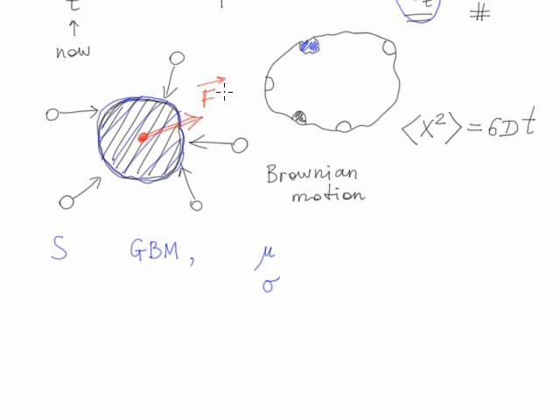So this constant force is acting on our large particle, and it wiggles and waggles around, but it also has a systematic constant force acting on it. So essentially mu is the parameter which represents this constant force acting on the particle, and as far as I understand it, it's